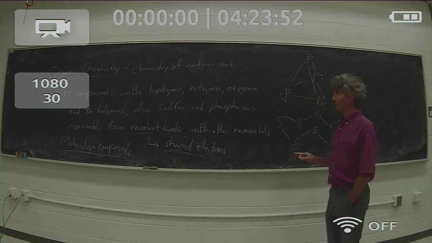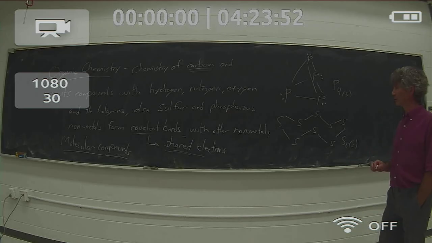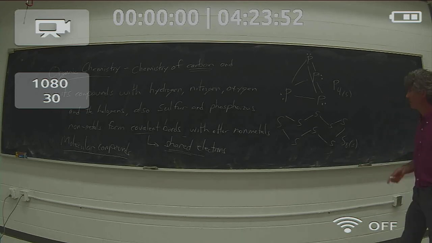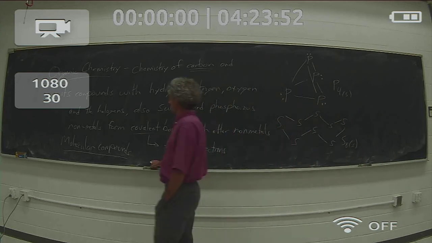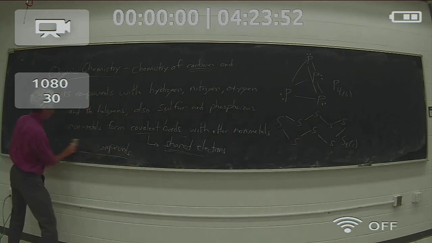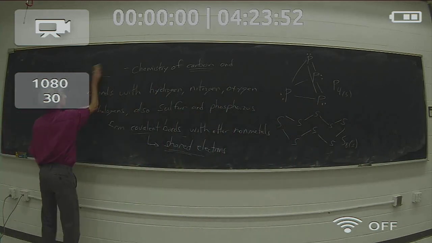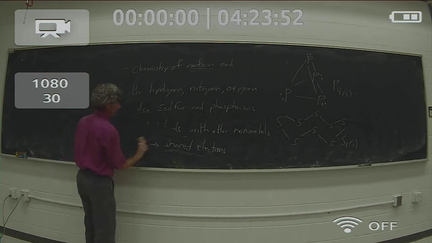We really won't be concerned much with the transition metals in this course, and we certainly won't be concerned with the inner transition metals, or the rare earth lanthanides, or the actinides and transuranium elements. So we're mostly going to be concerned with just a little bit of the periodic table. And because of that, it's well worth learning the first 3 rows of the periodic table and the halogens and